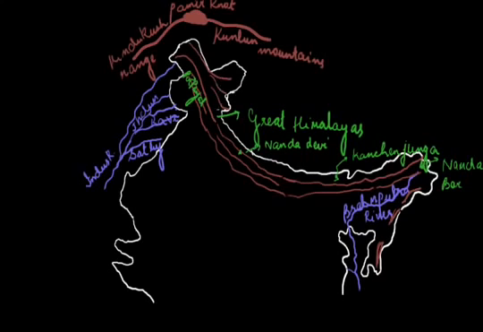Coming to the outer Himalayas or the sub-Himalayas, as I've already said, these are also known as the Shivalik range. The southernmost range of the Himalayas is the Shivalik range. You can see the extent of the Shivalik range in the map. Generally in geography, we don't use the green color for mountains, it is just to give you a clear depiction. Otherwise, brown color is used to depict the mountains, or you can just use the pen.